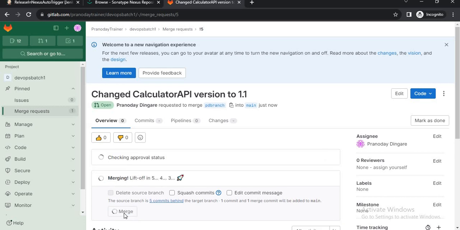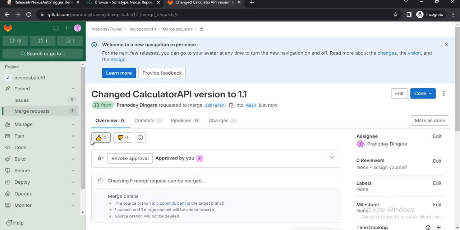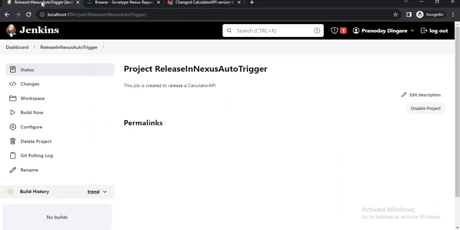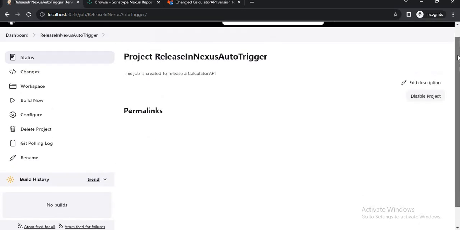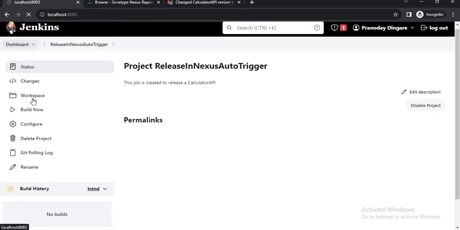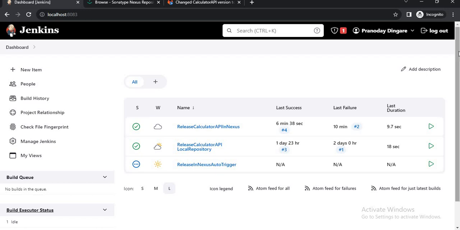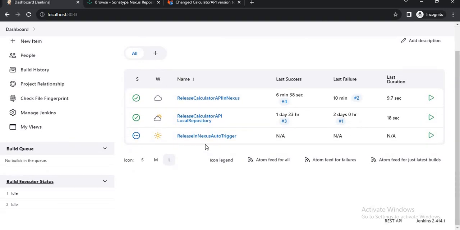I'll merge. Now the change is merged. Now let's wait. In the next poll, it will get the change and it will trigger the job.